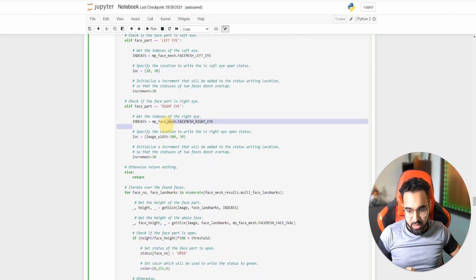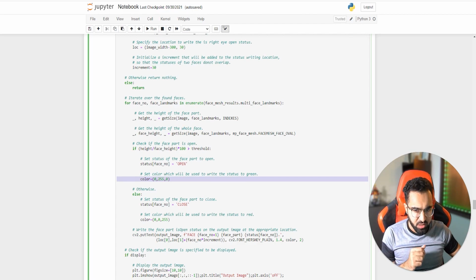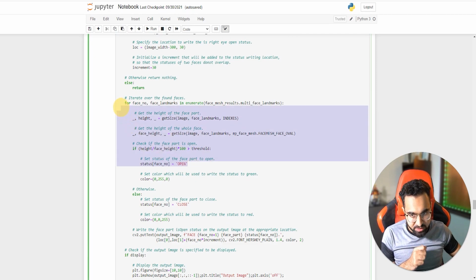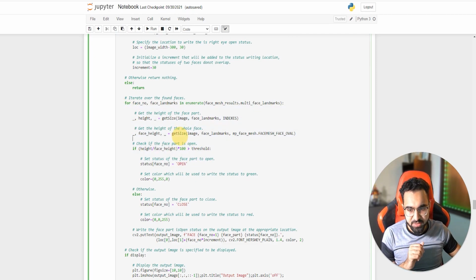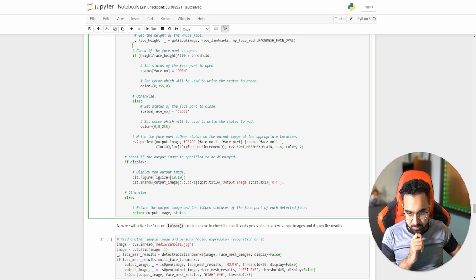Similarly, I'm just specifying the color. So nothing seriously core is happening other than these conditions which I'm checking. That is the main part of the code. The rest is just unnecessary makeup.